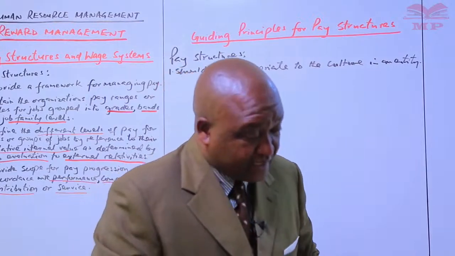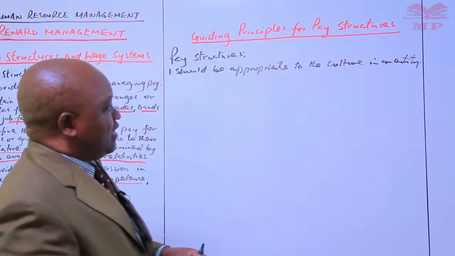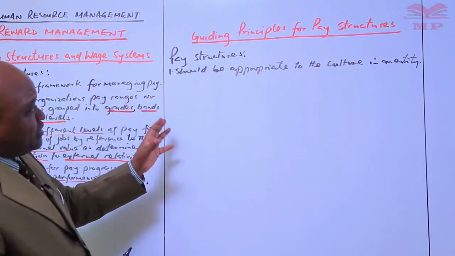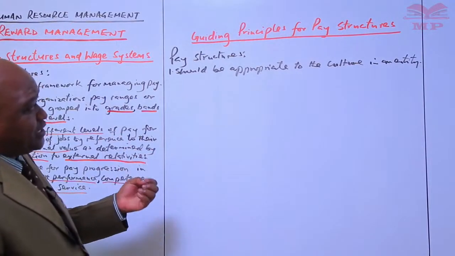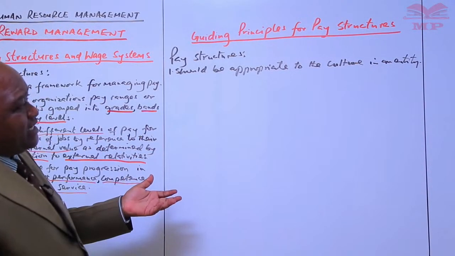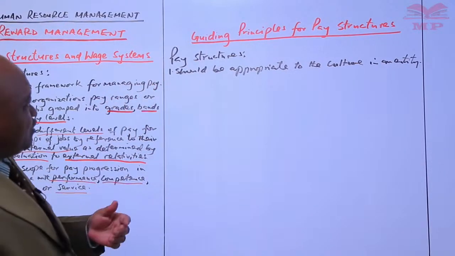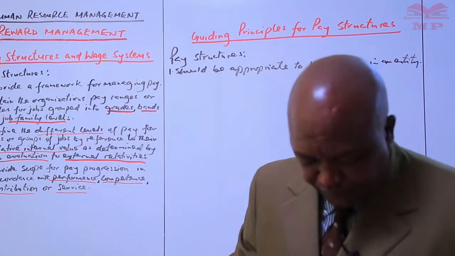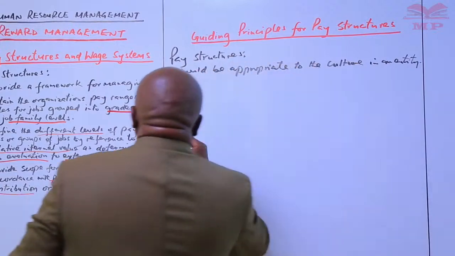If the culture is that employees need to have loyalty and commitment, then the appropriate pay structure adopted in the public service should take into consideration issues of performance, seniority, and length of service, so that it becomes appropriate to that kind of setting. Then secondly, a pay structure